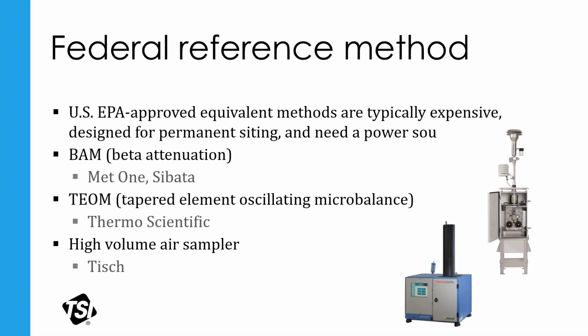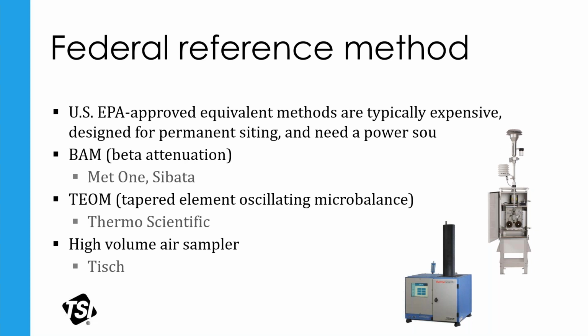So federal reference method instruments are typically expensive. You're talking probably like 80K instruments. Typically, they have to have a power source. It's permanent sitting. They're not really easy to move around. BAMs are probably the big one, and companies like Met One and Sabata have those,